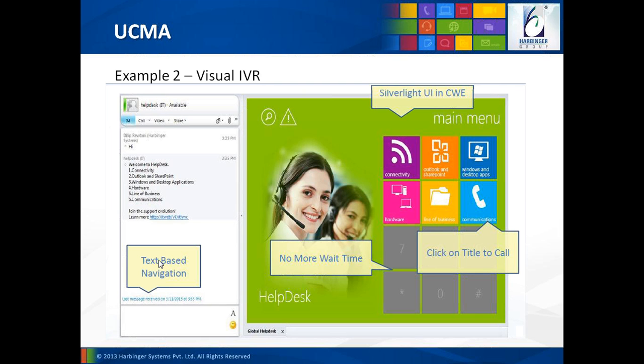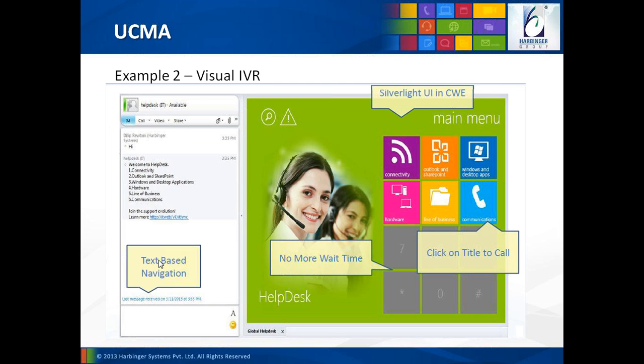When the user chooses any of these options, he types in the option in the conversation box and sends it across to the bot. For example, if he chooses 2, Outlook and SharePoint, he just has to type 2 and send the IM message to the bot, or the UCMA application.